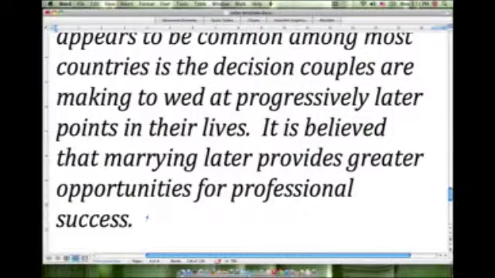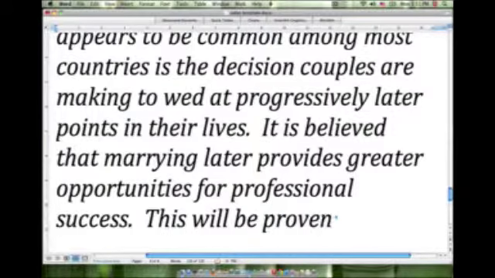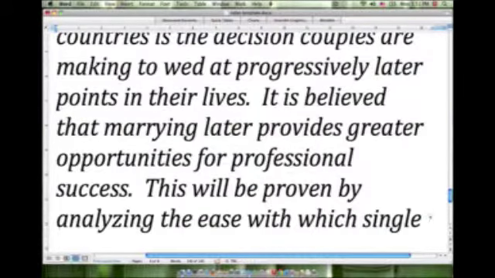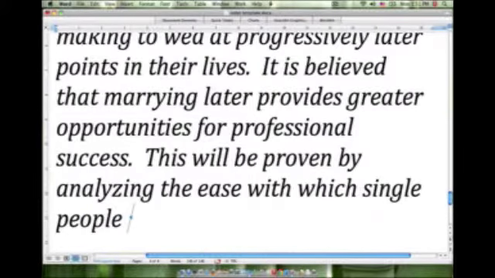So let's see, we could start with something like this will be proven. Now I'll just point out for 1 second, that the word this, what does this refer to? It refers to this thesis, this idea. So we're saying this will be proven by analyzing the ease with which single people. Now our first point was regarding coordinating a job in the world and moving to another location. It's much easier to do if you're only one person versus 2 people who have to coordinate 2 separate careers. So the ease with which single people coordinate career changes,